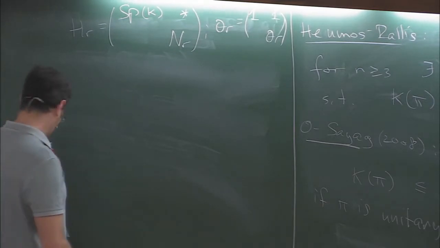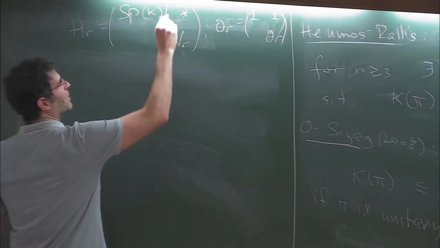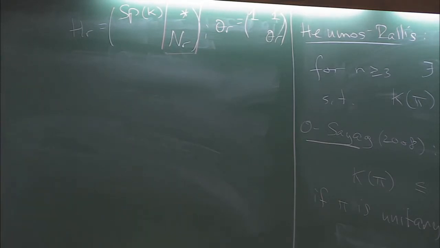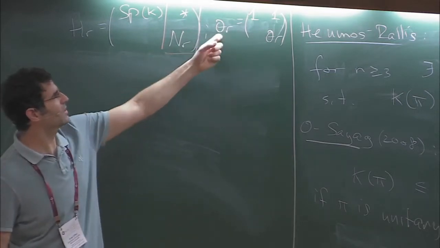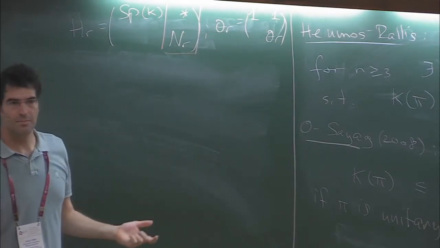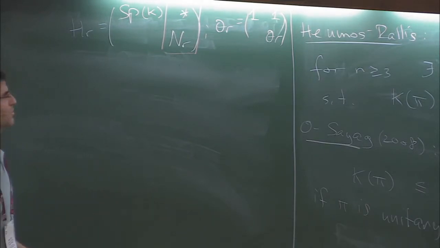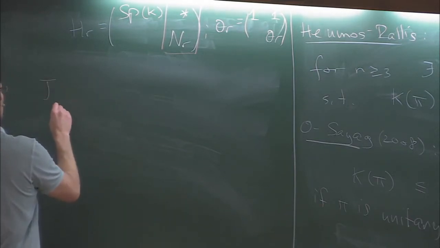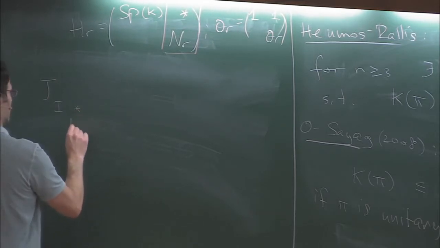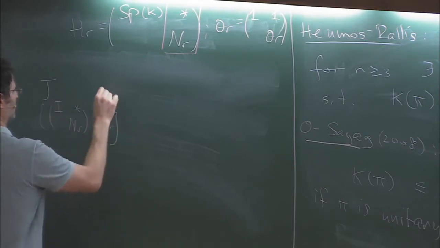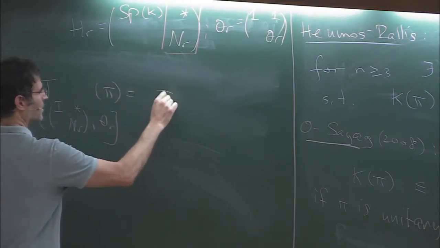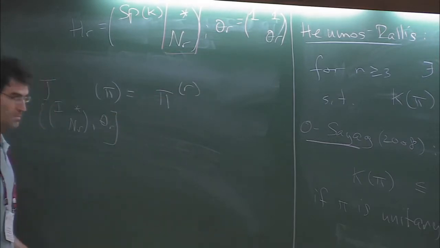And if you just focus on the subgroup coming from these blocks, you will get a period which is equivariant with respect to the character in this subgroup, can be described in terms of a Jacquet module of a subgroup. And so this Jacquet module, with respect to this subgroup and the character theta_R